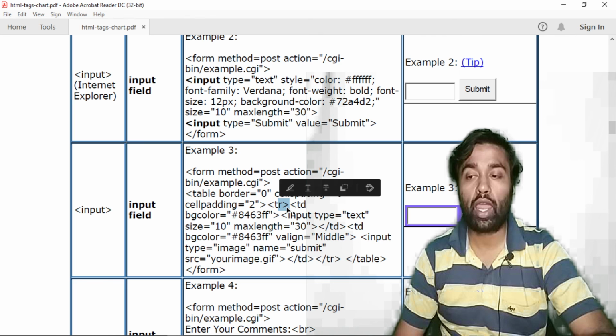If we talk about the input field more, you can create an input field where the form method will be post, the action will be created, and comments will be created. These comments will be written in your input type submit button or input type clear button. This will be created for the input field. If you want to create an input field with maximum length 100, a text area will be created.